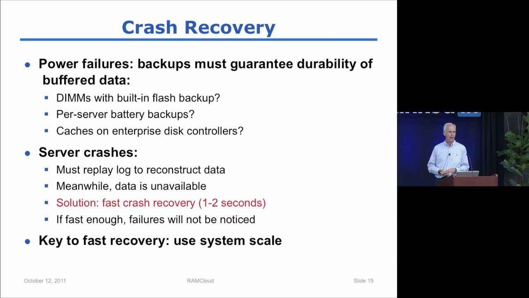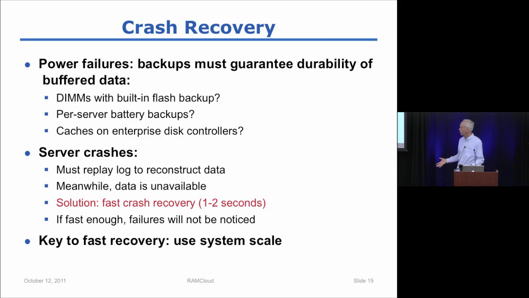And there's a bunch of ways you can do that. One of the most interesting ones is that there are starting to appear memory modules that look and behave just like ordinary DRAM memory, except that they also have a little flash chip and a supercap capacitor on them with enough power so that if the main power goes off, this DIMM can all by itself flush its contents to the flash memory, and then it can be recovered from there when the system reboots. That's one possibility. Google uses per server battery backups in their data centers, so the machines all have enough power to last for a few minutes once the main power goes out, and they can flush volatile data. Or a data center-wide power solution is fine. Or even some enterprise disk controllers have battery backed up caches on the disk controller that you could use for this.